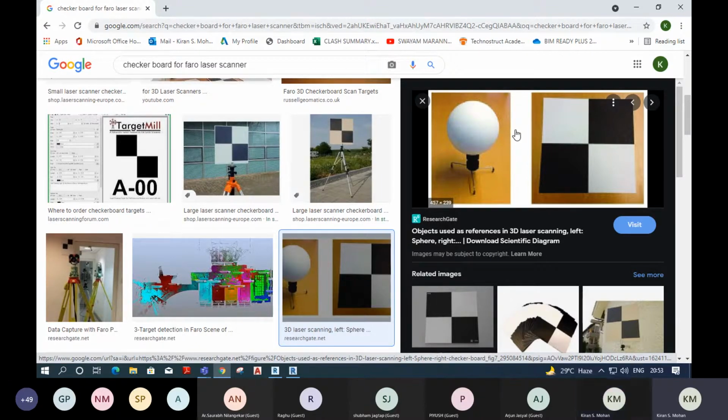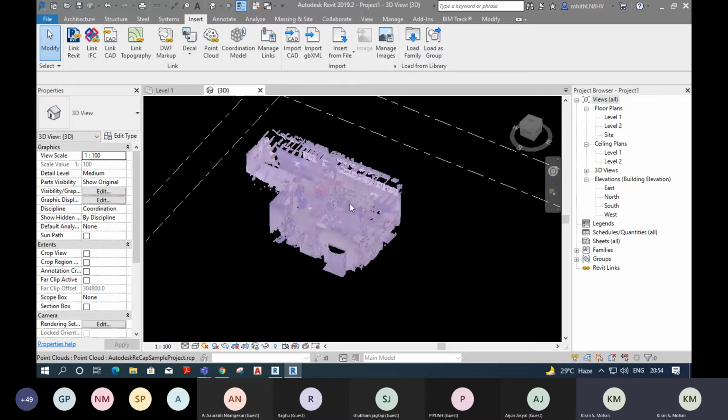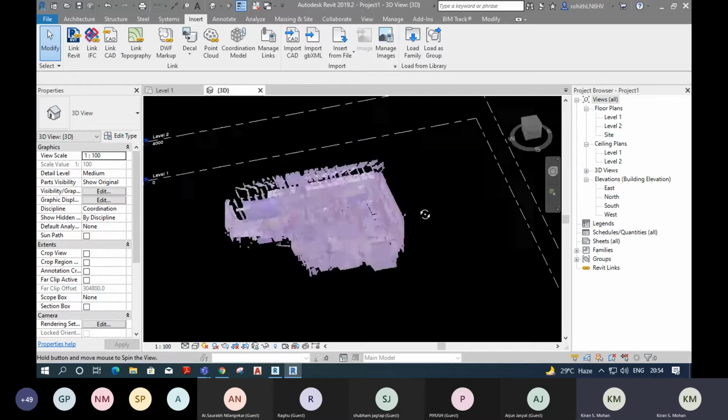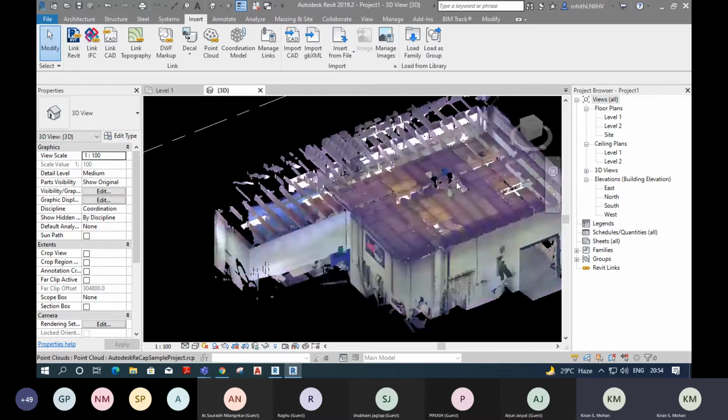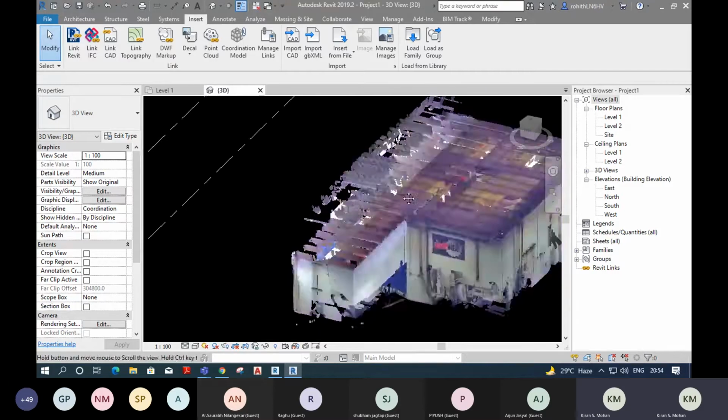Okay. And of course, you're not going to site and you're not going to scan. So just leave that topic. Just understand the concept. That's it. You're not going to implement that on the site, because if you want to scan, you should be a trained person. Mainly, the scanning will be done by the survey team itself.